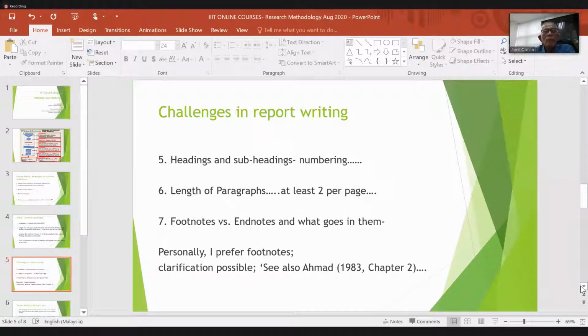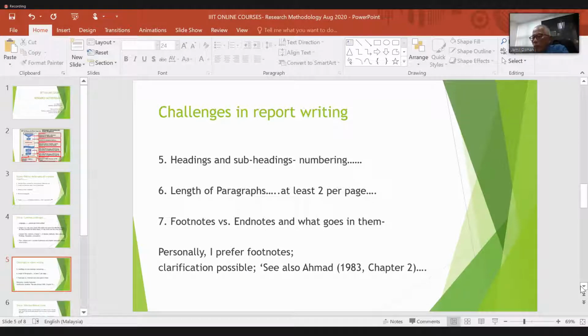Very closely related to this is the issue of paragraphs. I have so many examples. The student wants to say something very important, but the paragraph goes on for 3 pages, you know, and you wonder where is the break. So my advice, and I always advise students like this, is that you should at least have 2 paragraphs per page, at least, if not even 3, depending on what you want to say. So paragraphs are important. Even in one subheading or in one heading, you can have 2 paragraphs per page. I think that would be much better in terms of the flow, yeah, again.